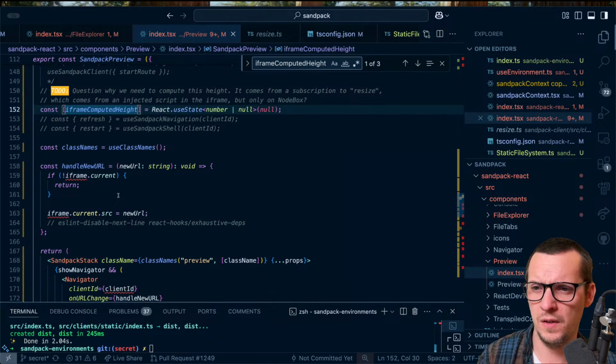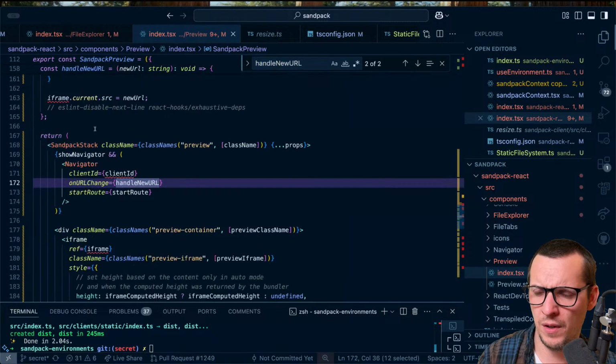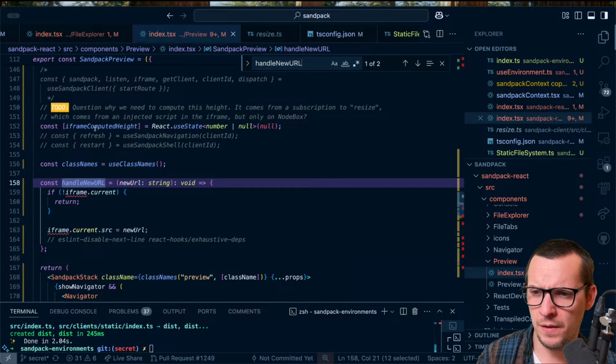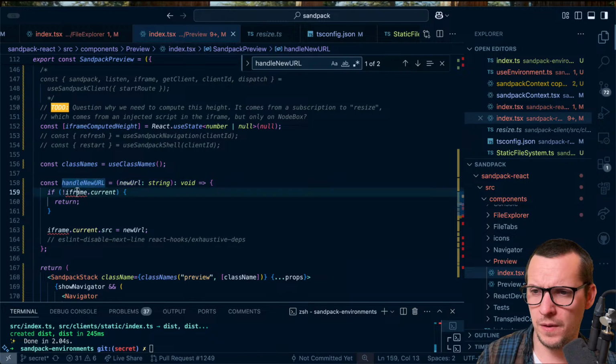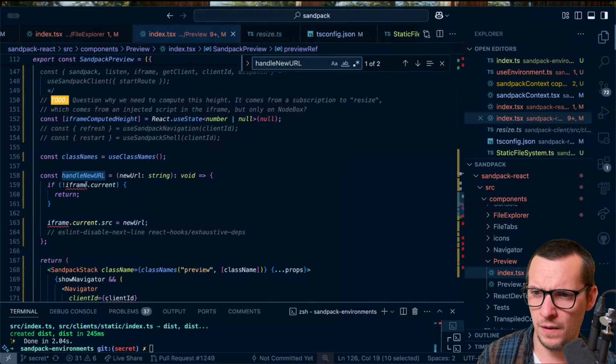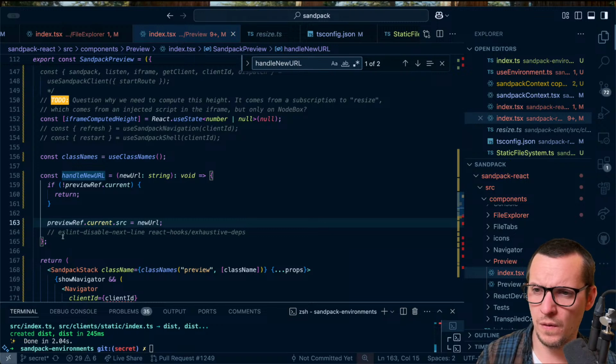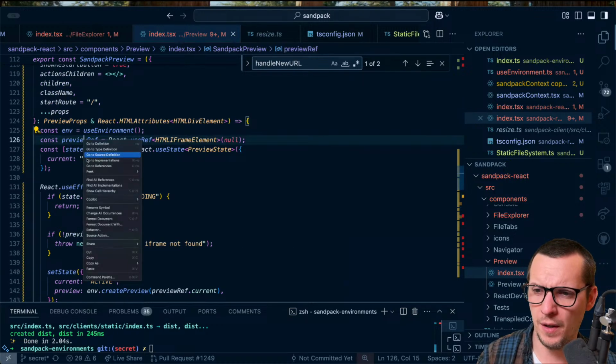Let's just do this. And then we have handle new URL. Okay. So why don't we have, oh, this will be iframe preview ref. Yeah, let's call it iframe ref